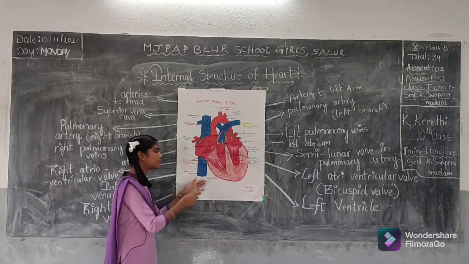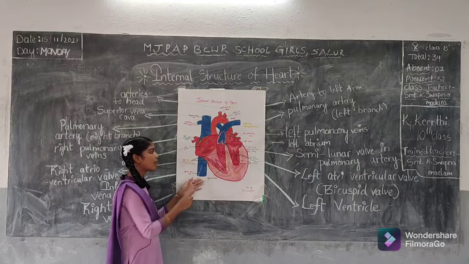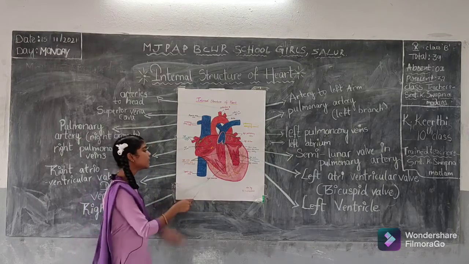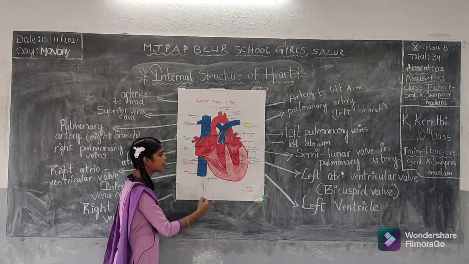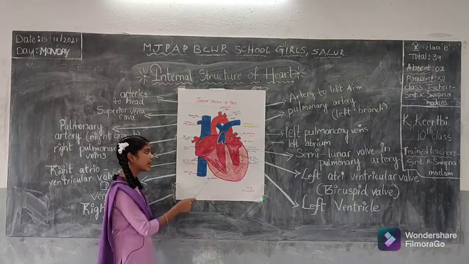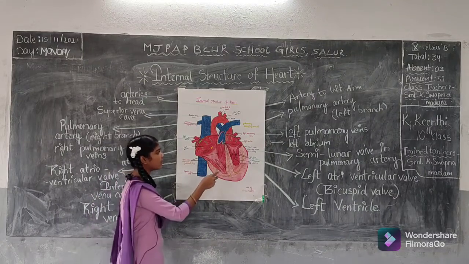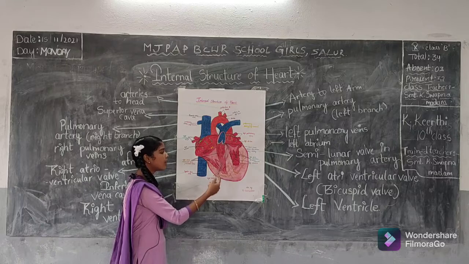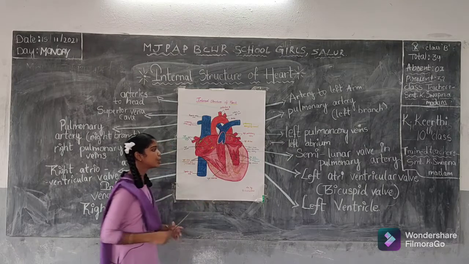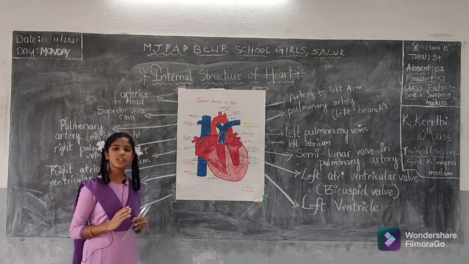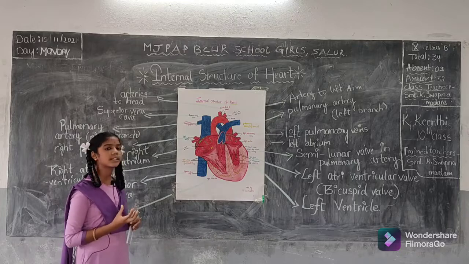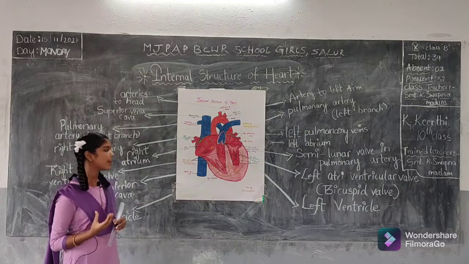This is the right ventricle. The right ventricle is also one of the chambers of the heart. It is located on the right side, posterior part. Hence, it is called the right ventricle. We observe that the walls of the atria are thinner than those of the ventricles, because the rigid and thicker walls give sufficient pressure to the heart for pumping the blood.